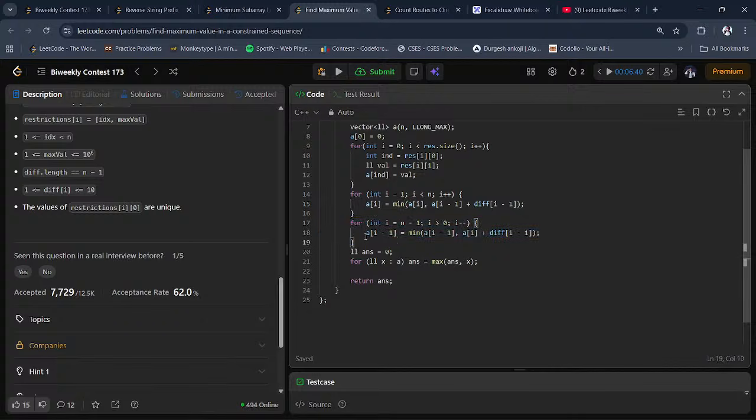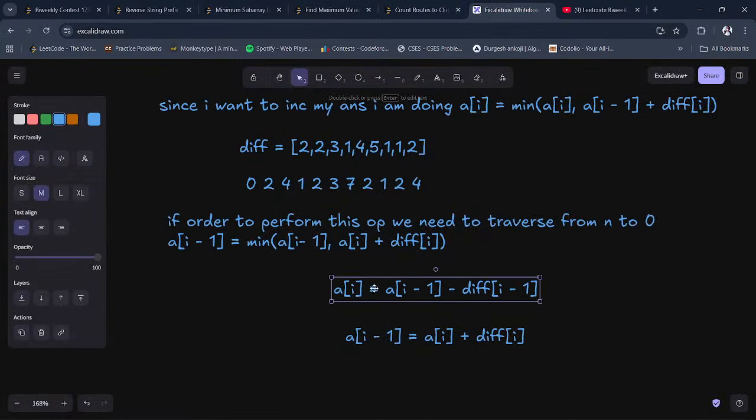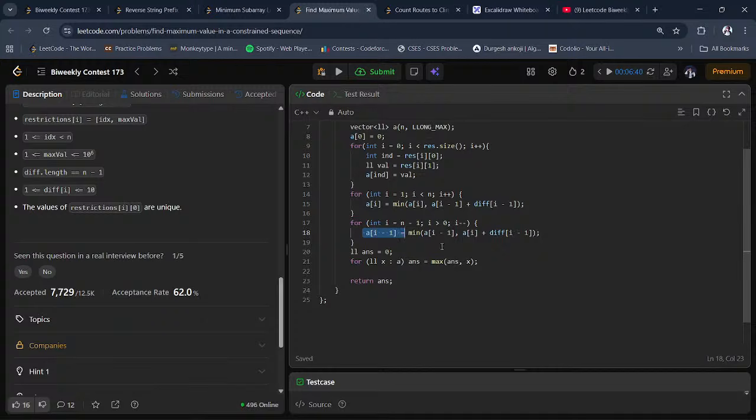I told you in order to perform this operation, if you rearrange, this will become A of I minus 1 equals A of I plus difference of I minus 1, right? This makes sense. I did the same thing, so I got the array, then I took the maximum among them. So like if I run it,